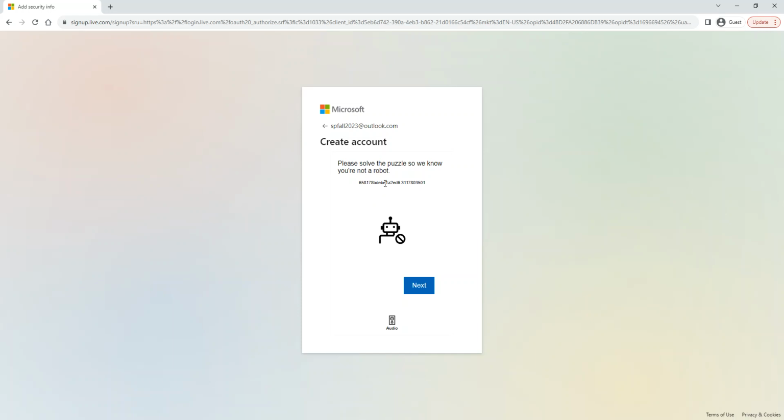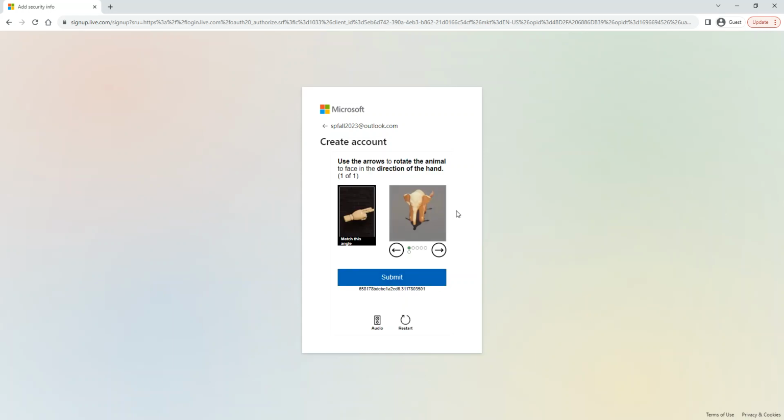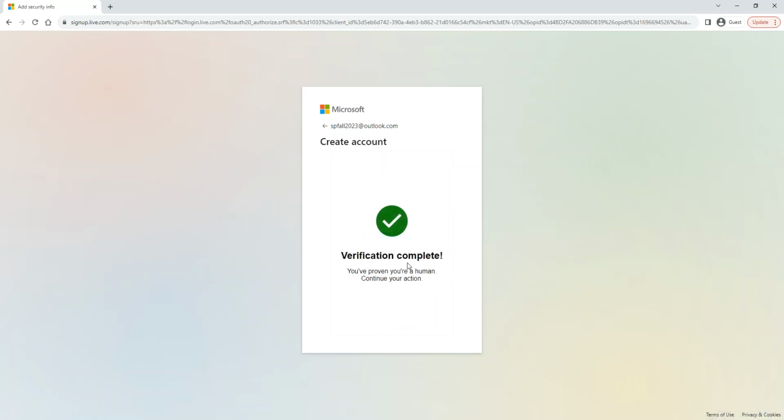So I'm just creating a new email account. If you're following along, you're probably gonna go through the same steps. So I'm gonna rotate this so that it kind of makes the same. All right, that's my simple verification.